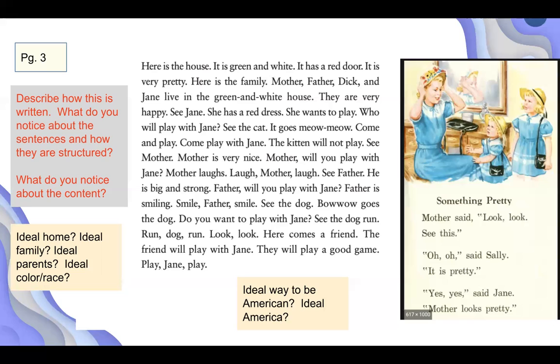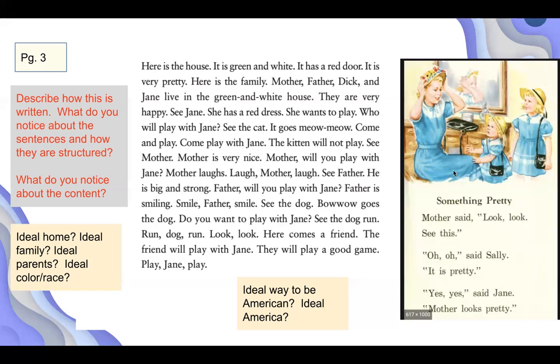Keep that in the back of your mind. You can even read this even deeper. Is this the ideal way to be American? Is this ideal America? Like what America is supposed to be? Is that her purpose? I'm not sure, but I want you to think about that and keep that in your